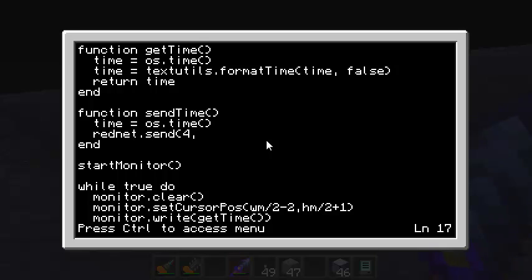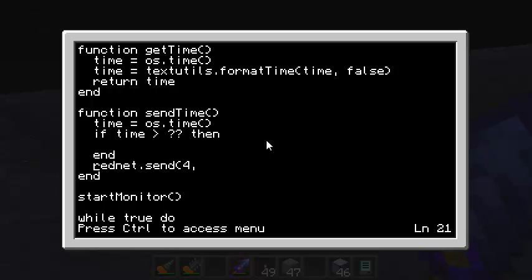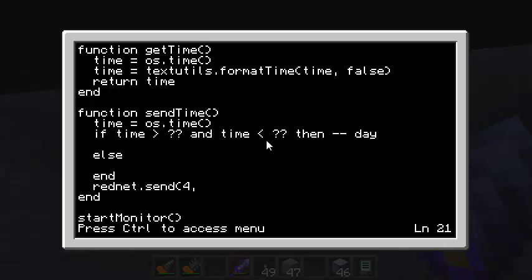Okay, so we're going to calculate the time, and we need to say if time is greater than some number. We're going to have to figure out what that is then. Greater than some number, and time is less than some number, then this means it's daytime, because it's going to be greater than 6 in the morning, less than 6 at night. Else, then it must be night, so that's fine. We'll say rednet, let's send